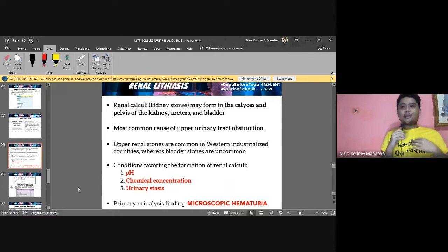When I asked the student later how they were doing, they said, sir, it was indeed kidney stones. So we're applying what we already know. You have to coordinate patient history, patient symptoms, and of course, urinalysis results. Again, what we usually see is microscopic hematuria, but in the example I gave, it was already gross hematuria, because the urine was very turbid and there were so many RBCs.